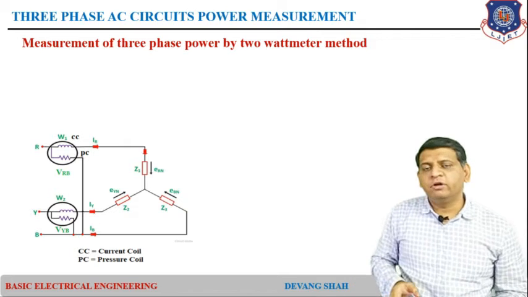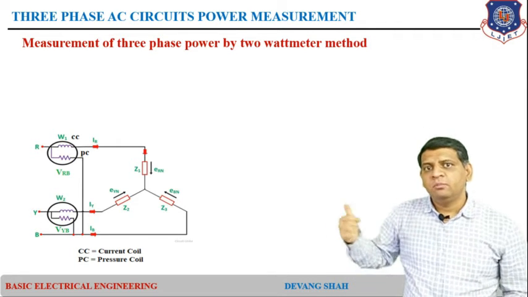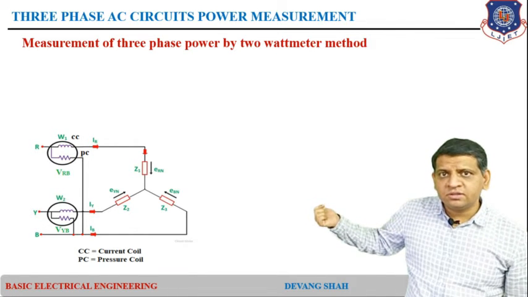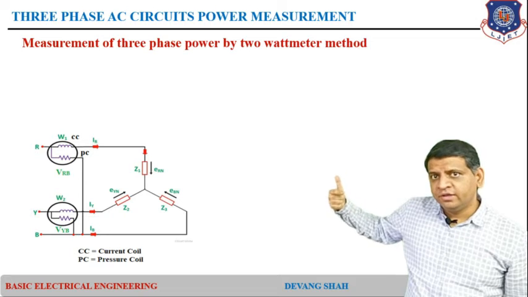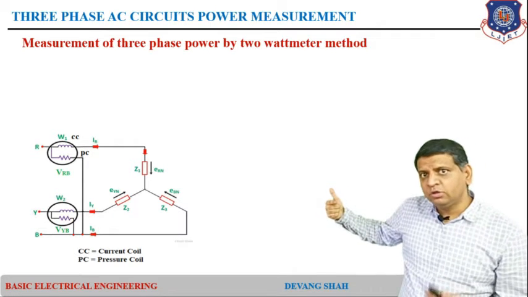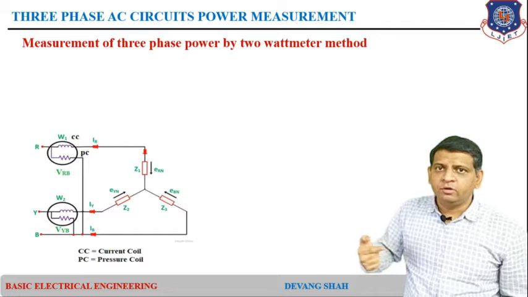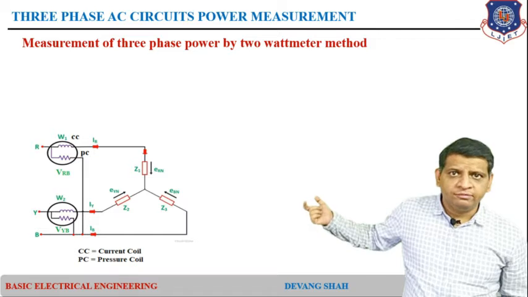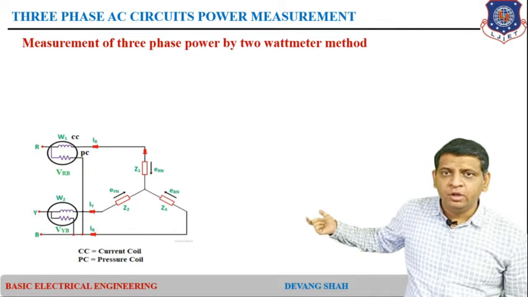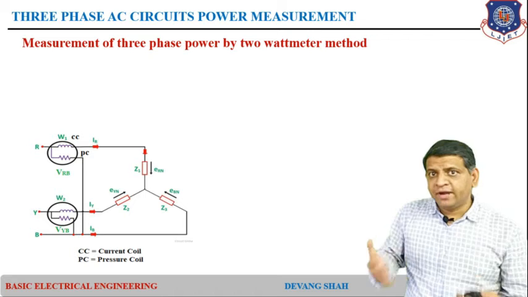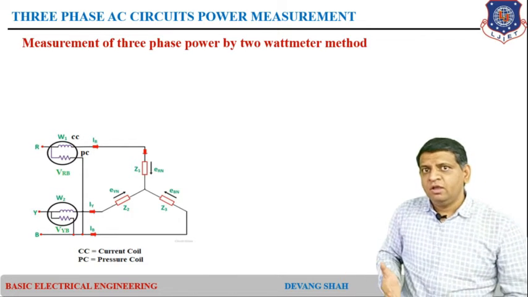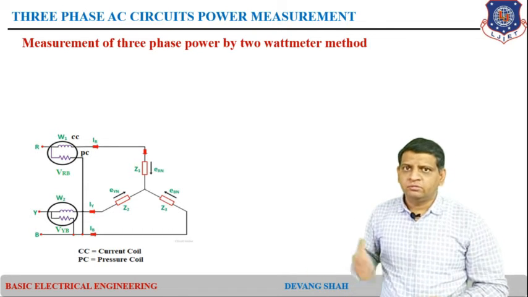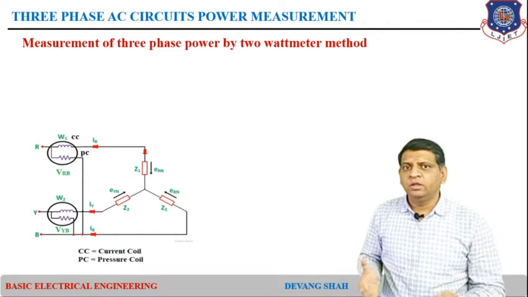So, one end of each pressure coil is connected to the neutral line, but this is not the case with the 2 wattmeter method. You can see here you connect 2 wattmeters, and the phase which is left without a wattmeter is the ending point of the 2 pressure coils of W1 and W2. From this you can find the wattmeter readings of W1 and W2, and you can find the final equation. By that way you would understand that even using the 2 wattmeter method you can find the same equation that we received through the 3 wattmeter method.